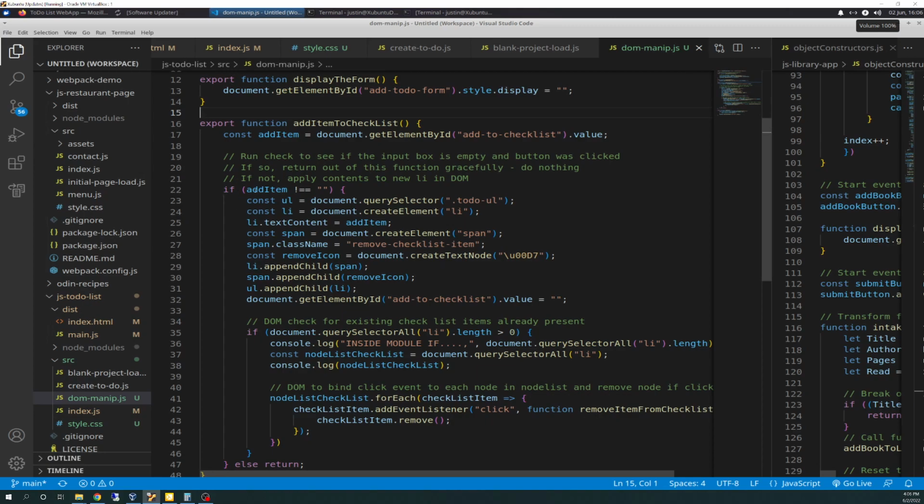So I have an if statement that challenges it. If add item is not empty, or empty string, blank, meaning there's something in it, somebody types something in it, even if it's just a letter, we're going to create a constant UL that takes on document.querySelector,